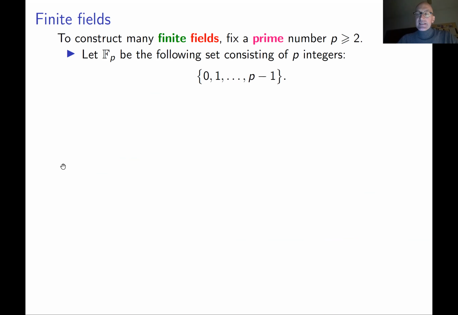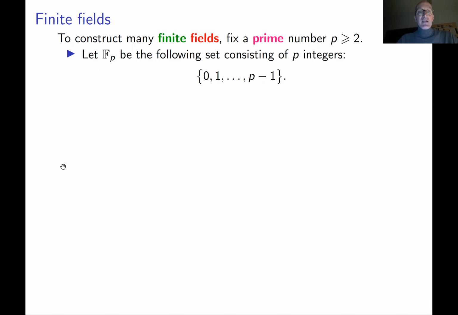And there's a very standard recipe for how to construct a lot of finite fields which consist of a prime number of elements. Basically, this is the only thing you have to know about fields from this part of this lecture, because we're going to use this construction several times in some examples. And this is quite important for cryptography. This is quite important for computer science.